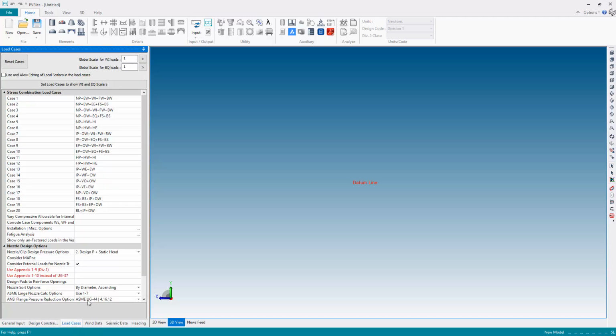And then on the next page, we can set up the load cases. These are the default load cases for the ASME Division 1 standard. If you choose EN13445, you'll get a different set of load cases, but these are the default load cases which satisfy the requirements of the standard, and these are combinations of the various different loadings. Of course, you can change these load cases and you can adjust the default load cases,